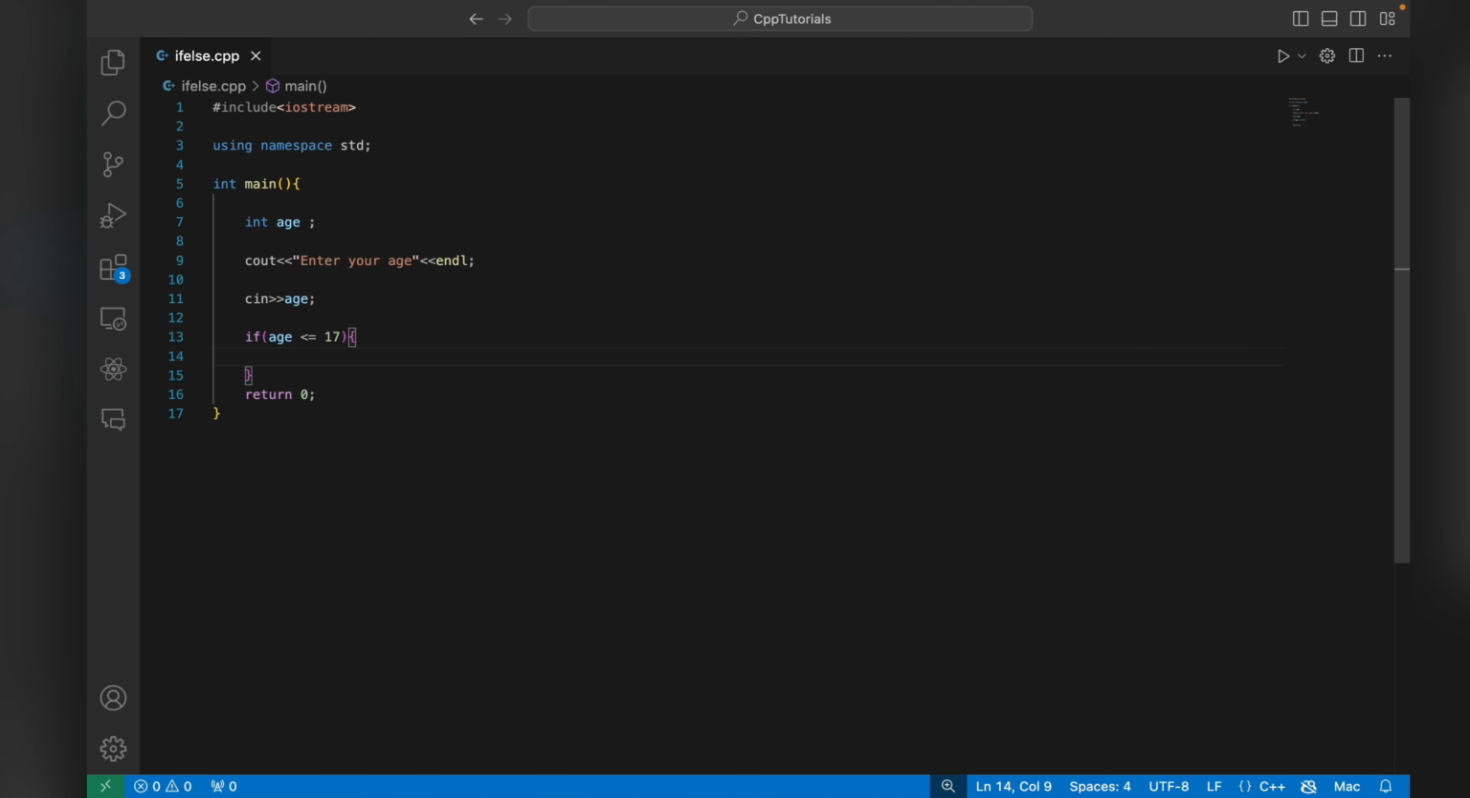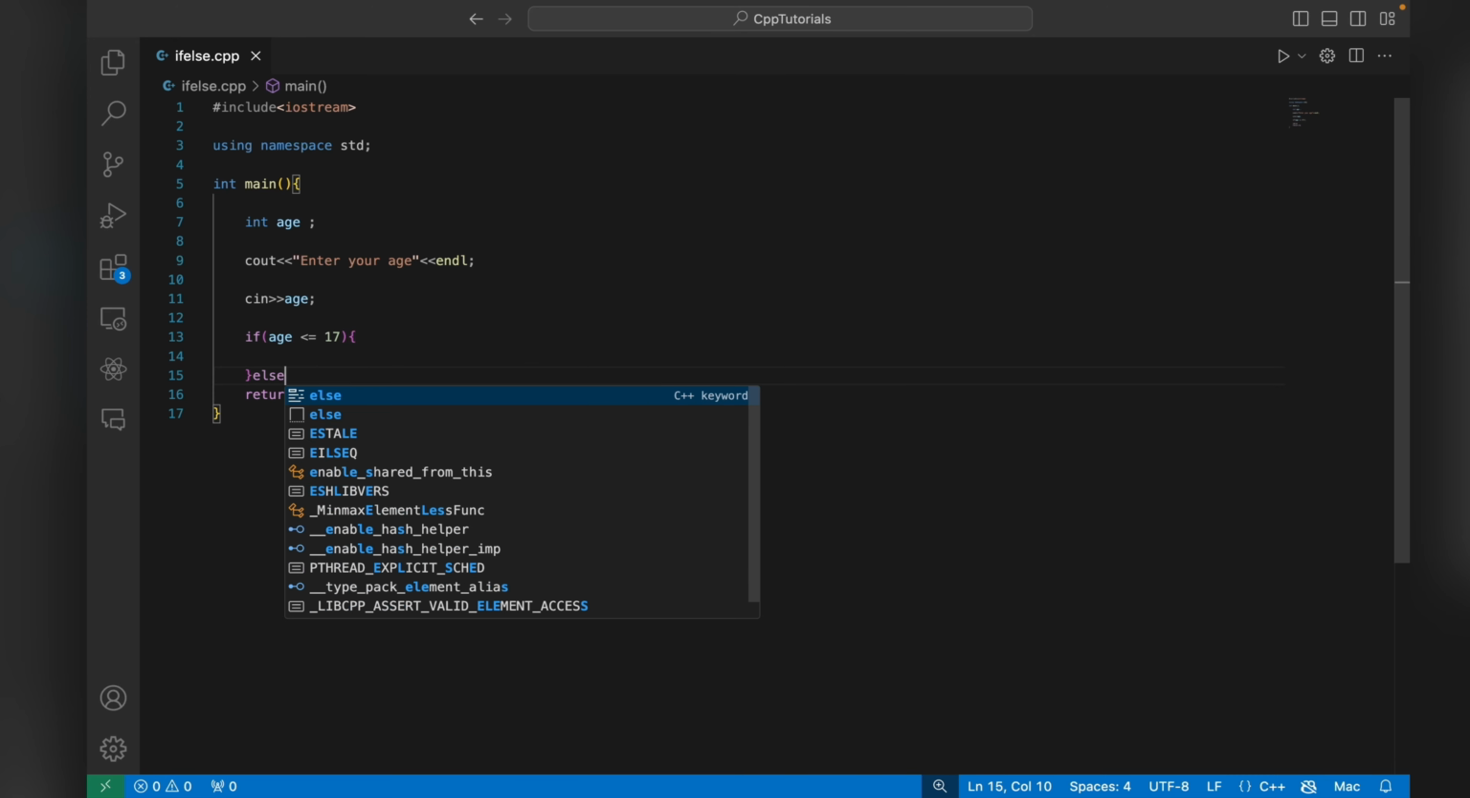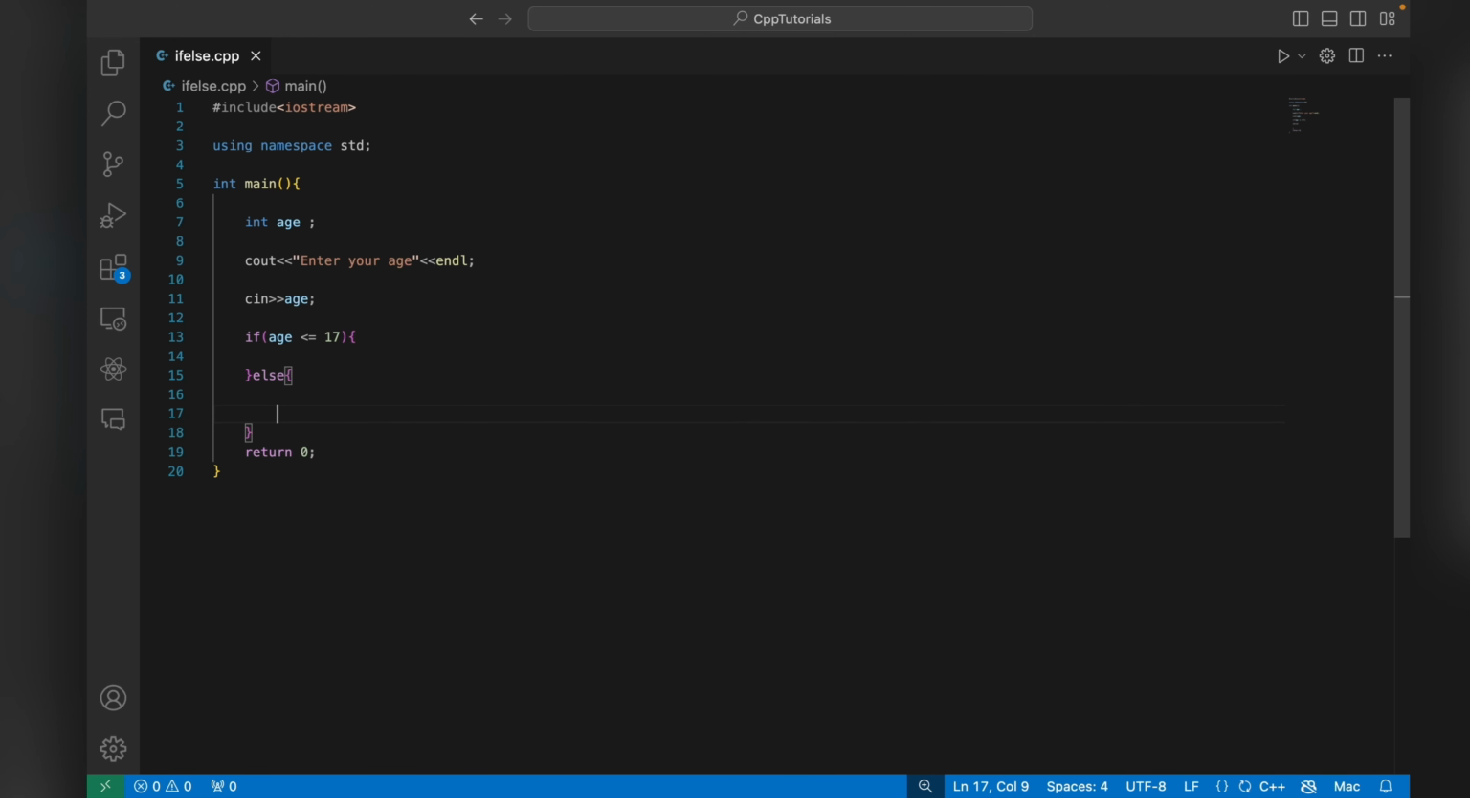If the user's age is less than or equal to 17, then this if block executes, and if this condition fails, then this else block executes. Now I'm going to write some message here. According to this condition, the user's age should be less than or equal to 17. That means the user is not eligible. We can display a message like